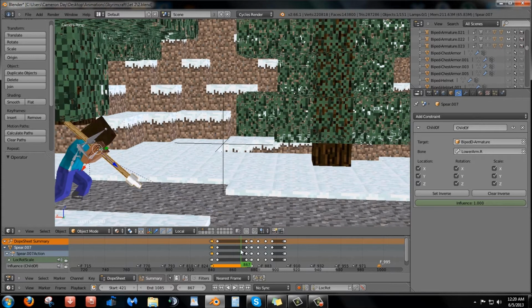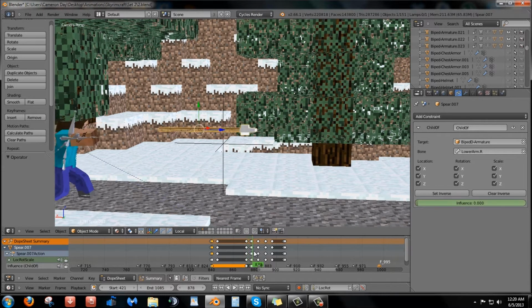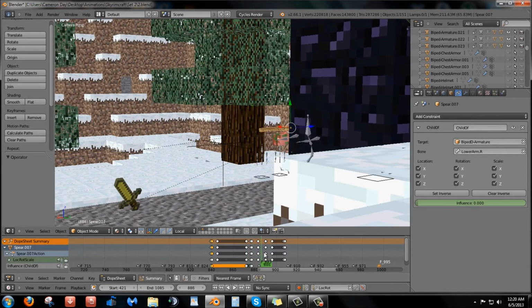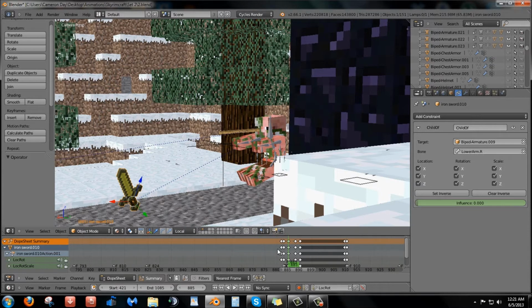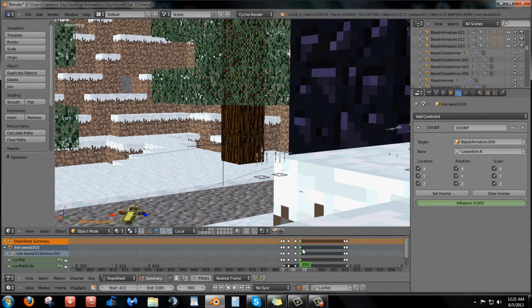I sort of did the same thing with the throwing part. I took off the influence, which made it fly across the screen again, and I had to put it back in its position. And I thought about doing a physics simulation for this sword, but I thought against it. I eventually just decided not to, and animated it by hand, which I think turned out pretty well.